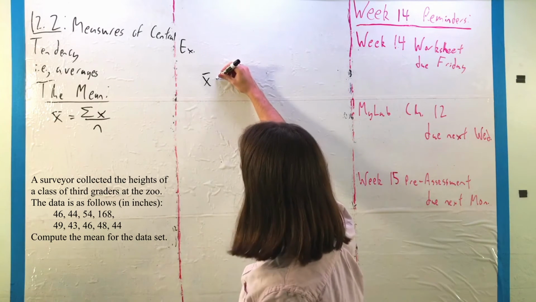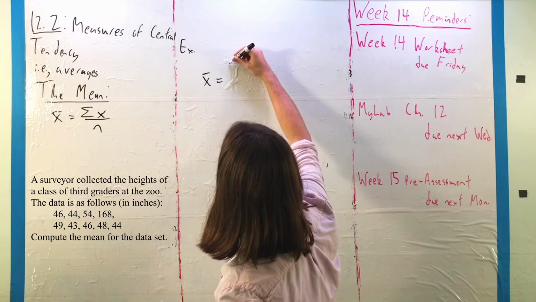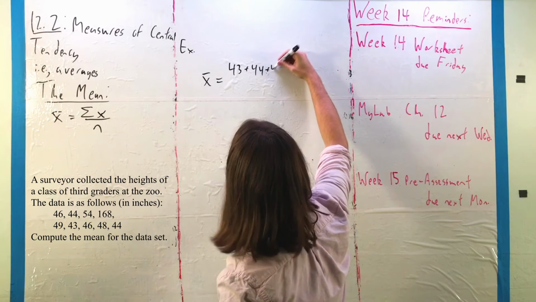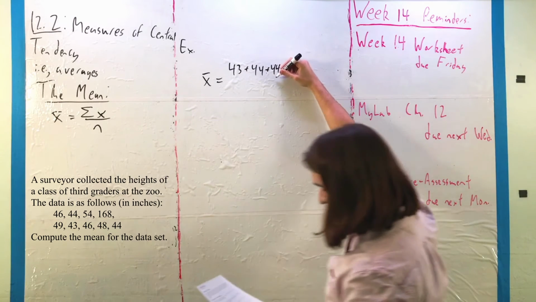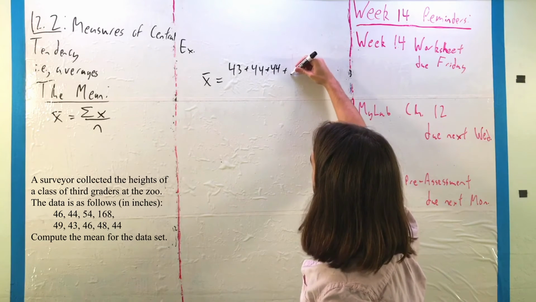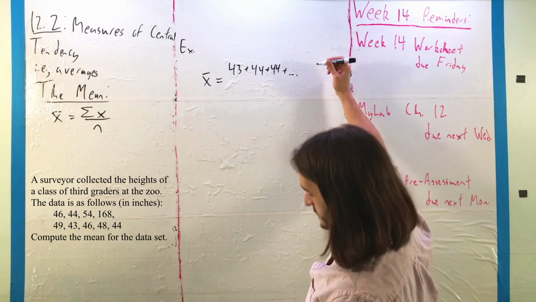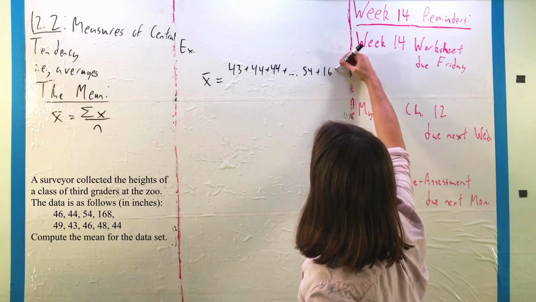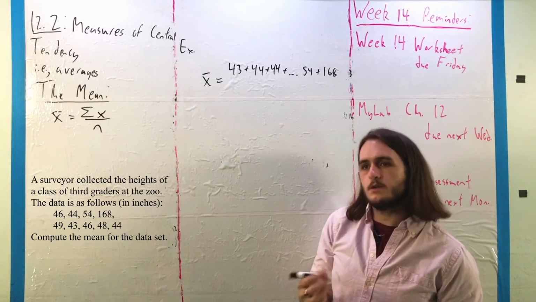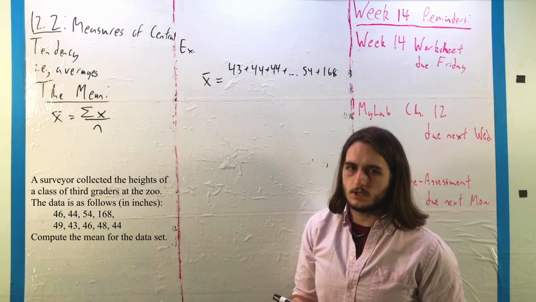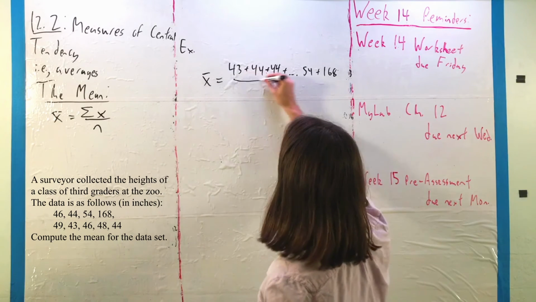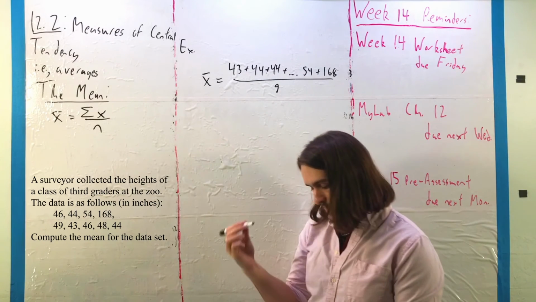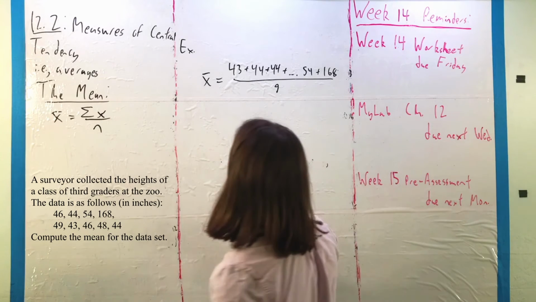And I remember doing this stuff in elementary school, but I can't speak for everyone. Anyway, we get x bar here is going to be the sum of all of those heights, 43 plus 44 plus 44. I have these in ascending order for no particular reason, but I'm going to take those and then put an ellipsis in there to make space and save time. 54, and finally that very strange value that should have stuck out to you when you saw it in the list of 168 inches, where we take all of these values, add them up, and divide by the number of values, which here is 9 third graders. It's a small class, which